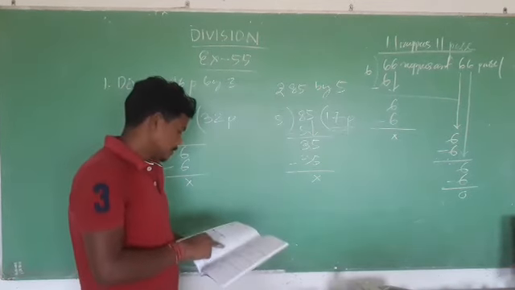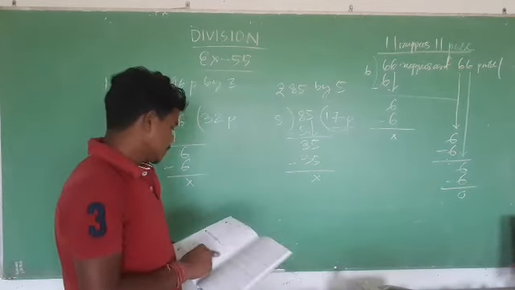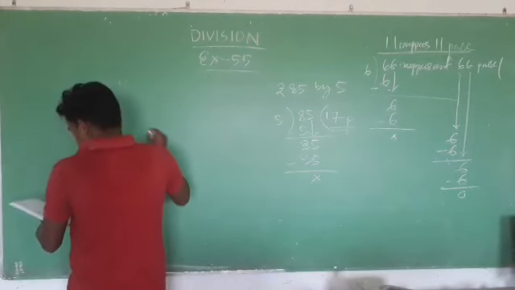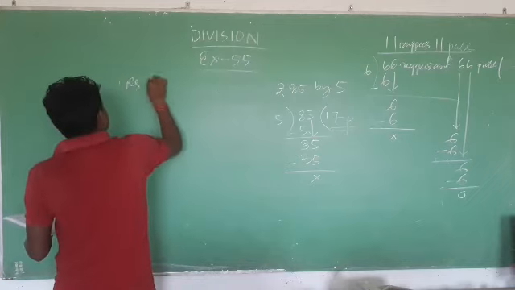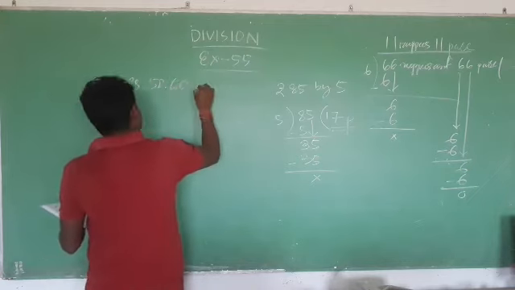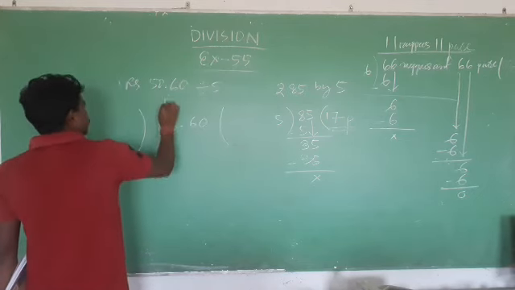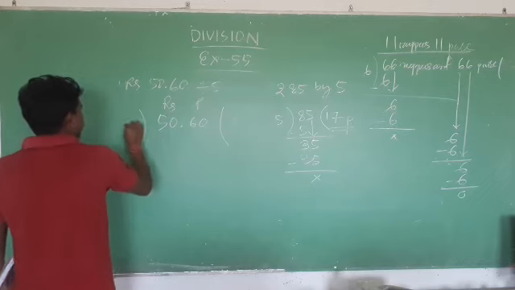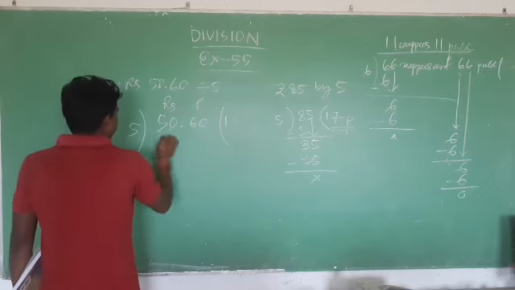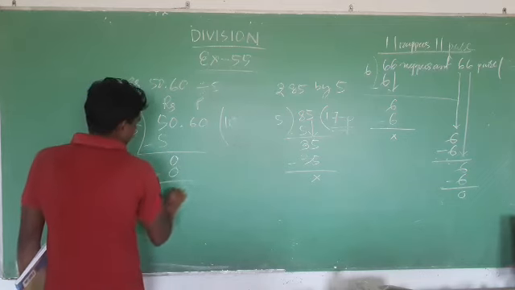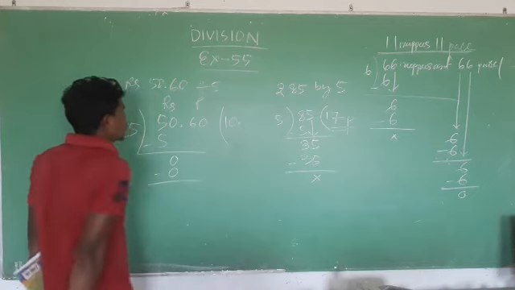Next one is rupees. Next type of questions you can find here. Find rupees 50.60 divided by 5. Okay. So write 50.60 directly. 50.60. Right. This is your rupees and this is paisa. Divided by 5, which will be our divisor. 5 1 is 5. Then nothing. 0. 5 0 is 0. Okay. Then nothing. Comma is there. I put a comma here in the quotient.